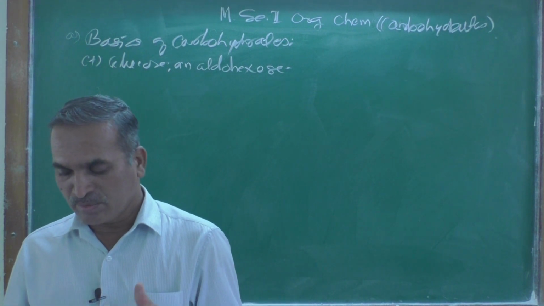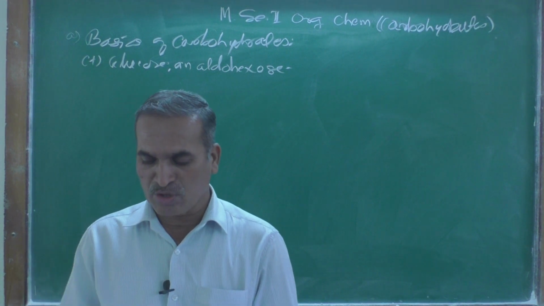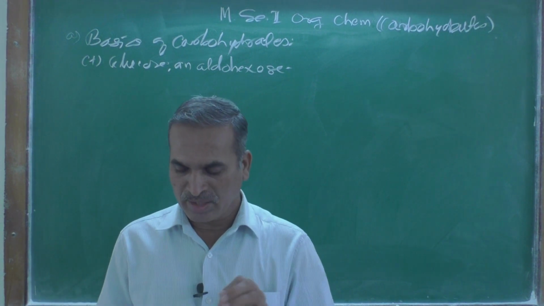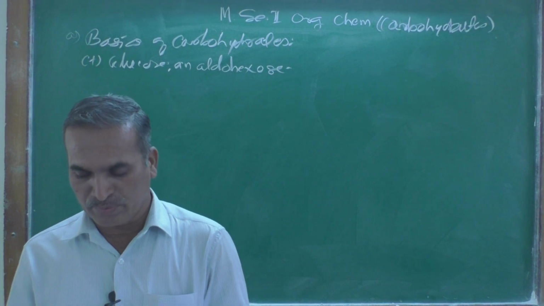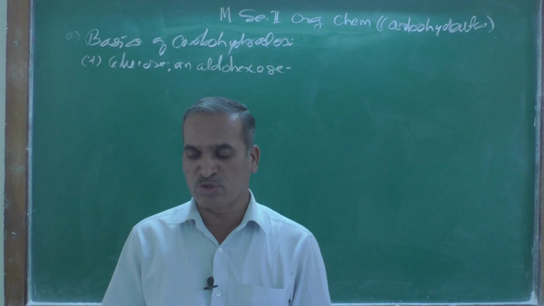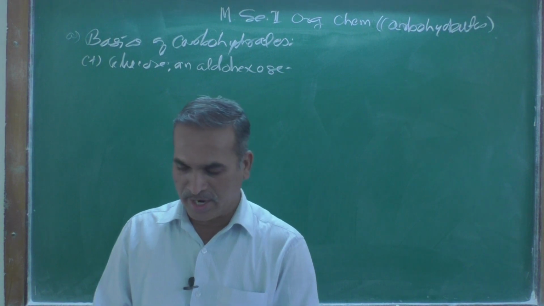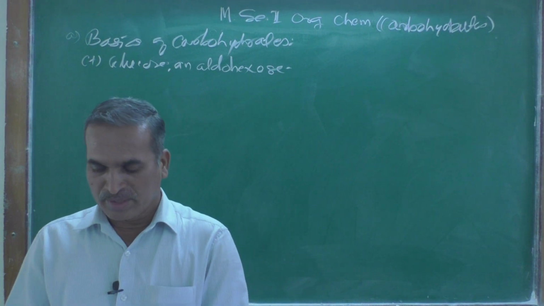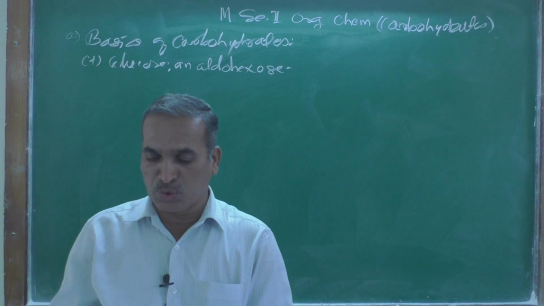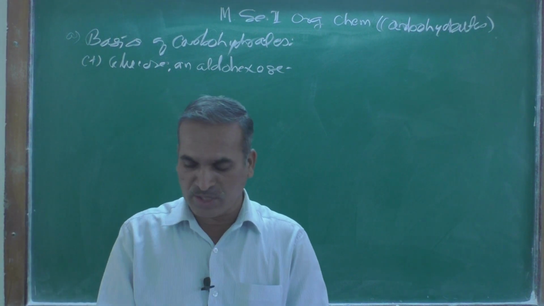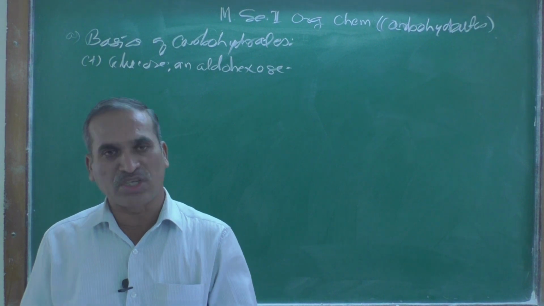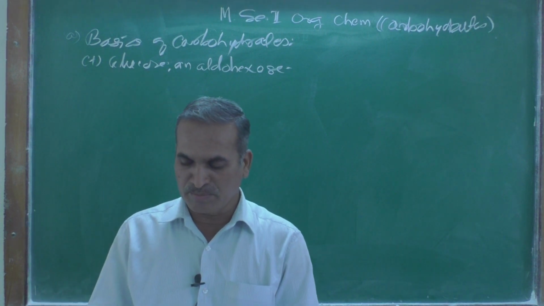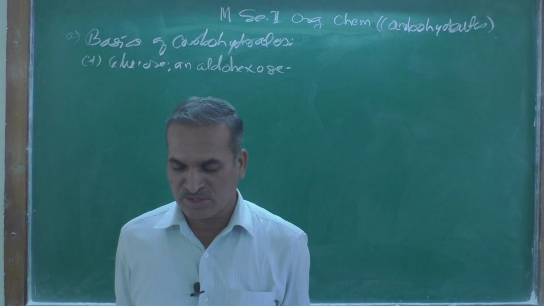There are probably more glucose units in nature than any other organic group, and it is by far the most important monosaccharide. Most of what we need to know about monosaccharides we can learn from the study of just this one compound,